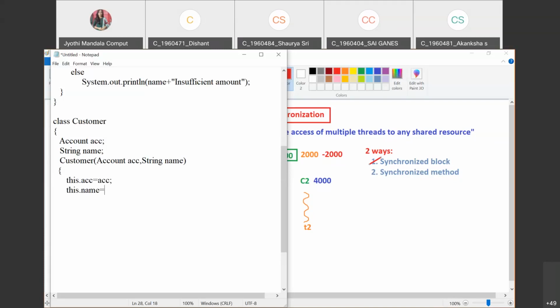Okay, now what I want to do is, as I want to convert this customer to a thread, I want to convert this one to thread. So you can use the option of extends Thread. Because I told you, customers only will be converted to thread. You can see here, the way the customers perform this one-by-one statement execution, they will be considered as a thread. So to convert that class to a thread, we can use extends Thread, or you can go with implements Runnable.